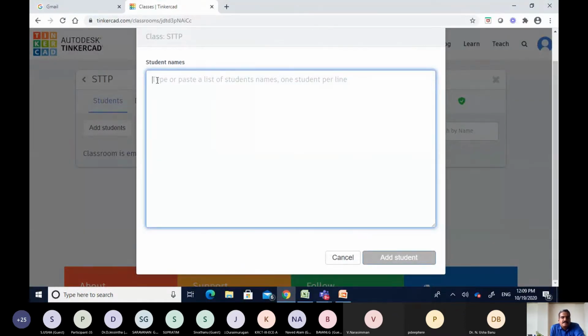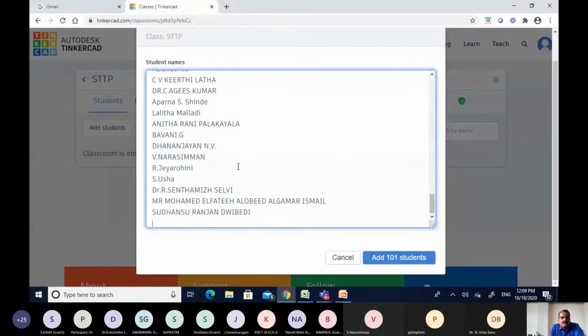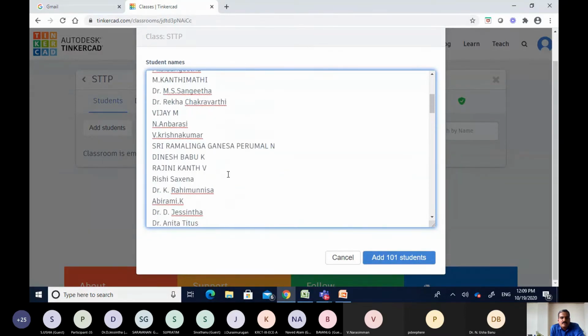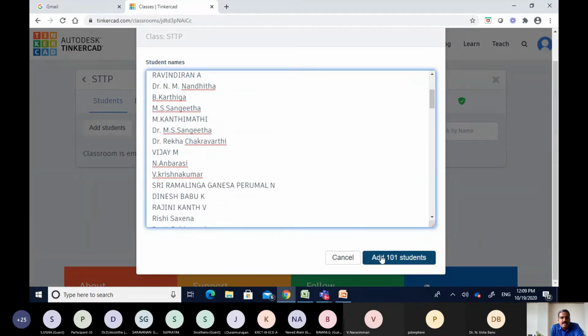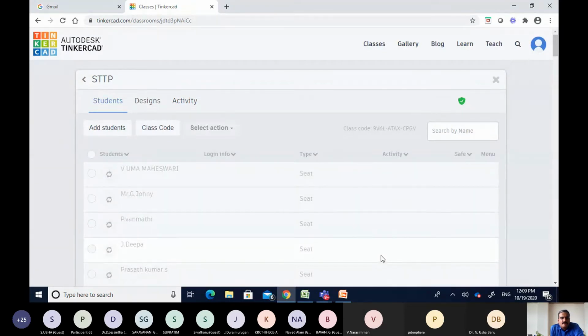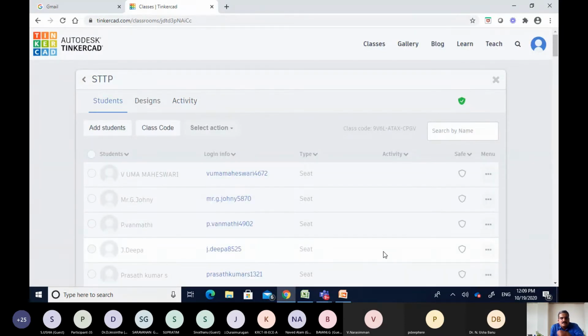I have just pasted it. See, all the names are getting pasted one by one. We have 101 registered participants, so I will be adding 101 students. All the students are added now, with login info.